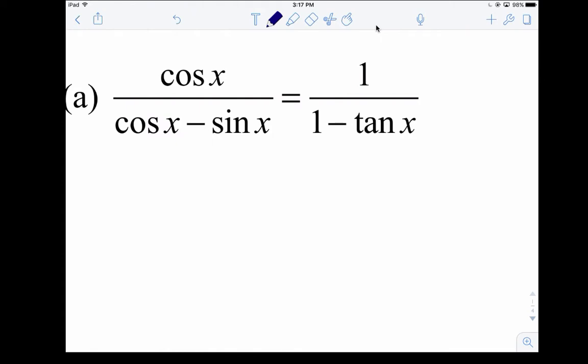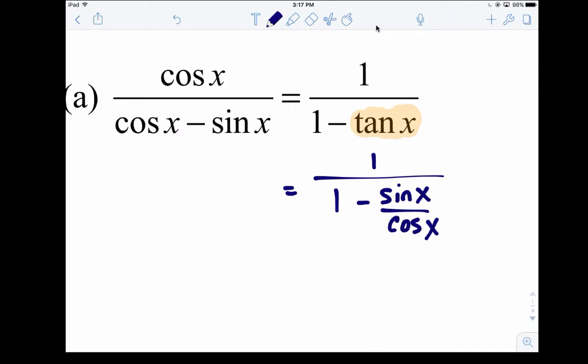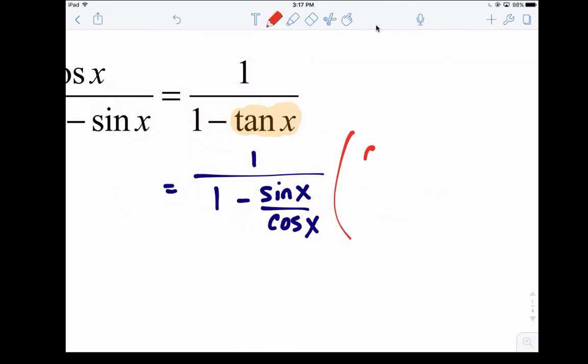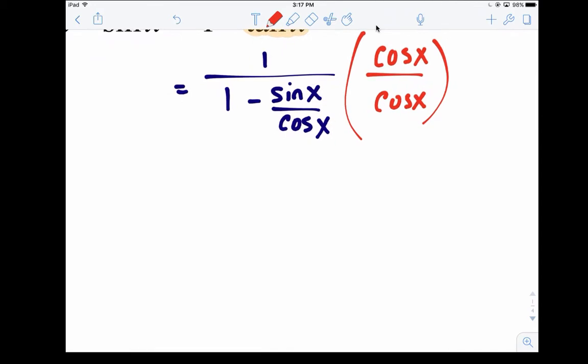Okay, so for the first one, I'm going to use the right side. I'm going to change tangent. So what that's going to give me is 1 over 1 minus sine over cosine. Now I see I have a smaller fraction built inside of a bigger fraction. So I'm going to multiply the top and the bottom by that denominator, and by doing that, that's going to allow me to get rid of that